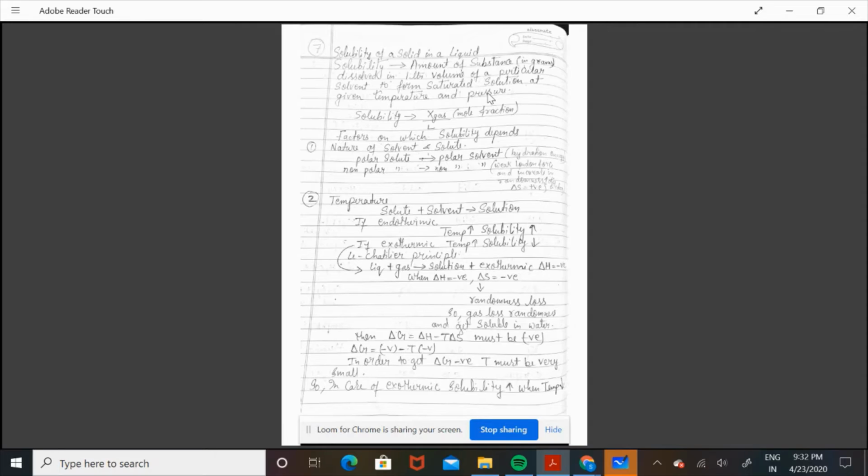What does this definition signify about the solubility? It says at a particular temperature and pressure, if we start dissolving a fixed amount of solute in a solution, it will dissolve. But after a certain moment of time, it will achieve equilibrium. We have learned about equilibrium in the equilibrium chapter of class 11 CBSE board, that at equilibrium, the process of crystallization and dissolution will be equal.